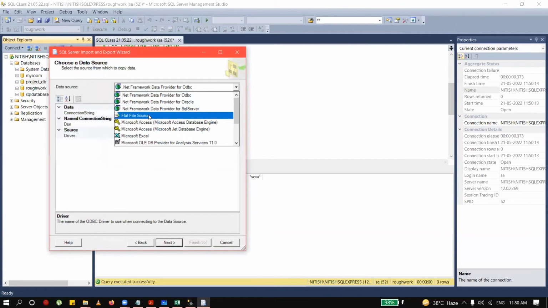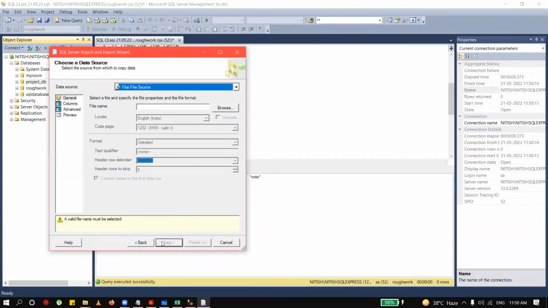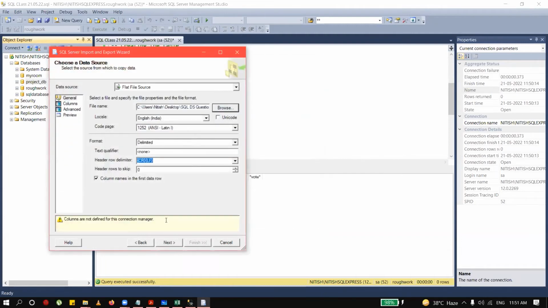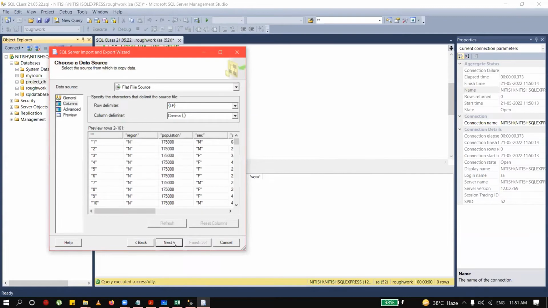My flat file source. Next. And my browse. It is all files. Chile CSV file. And over here. Next. Population comma, no limiter is